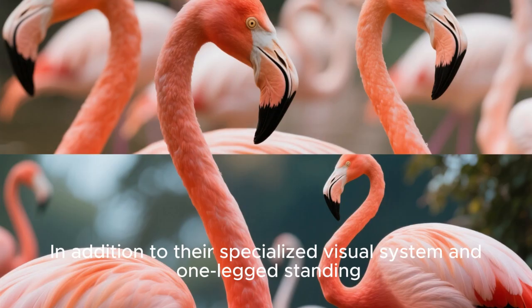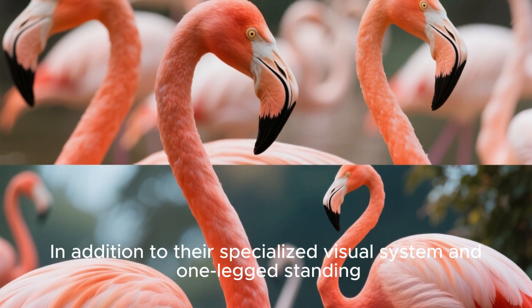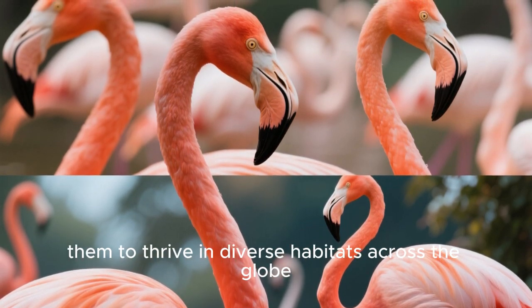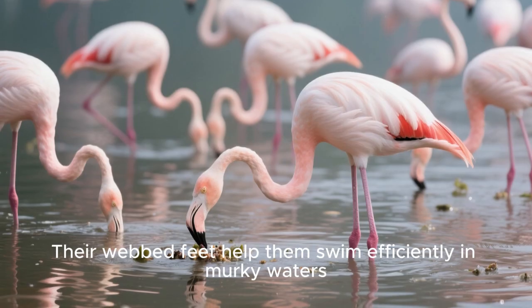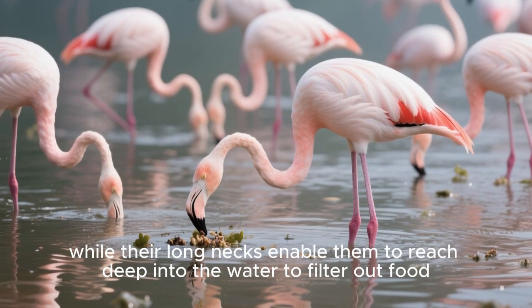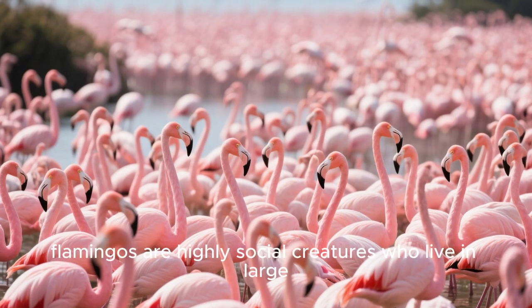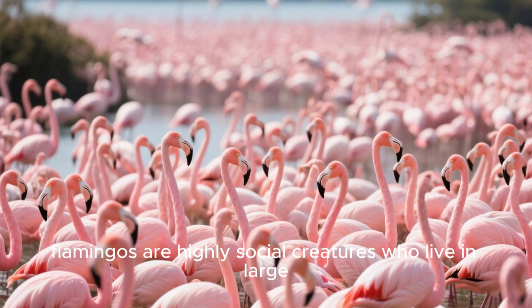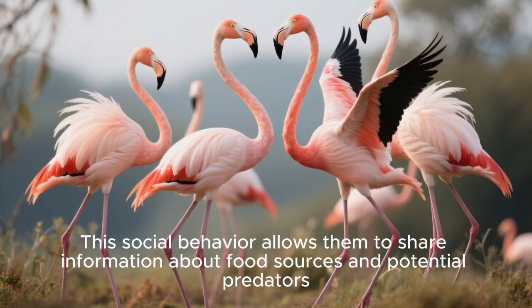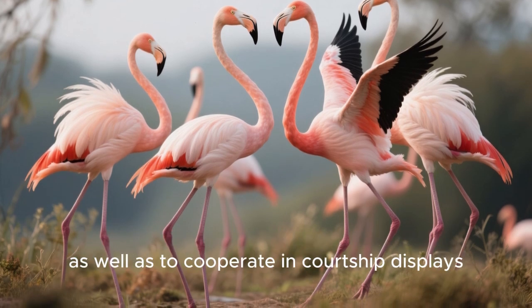survive. In addition to their specialized visual system and one-legged standing, flamingos have several other adaptations that have allowed them to thrive in diverse habitats across the globe. Their webbed feet help them swim efficiently in murky waters, while their long necks enable them to reach deep into the water to filter out food. Furthermore, flamingos are highly social creatures who live in large colonies that can number in the thousands. This social behavior allows them to share information about food sources and potential predators, as well as to cooperate in